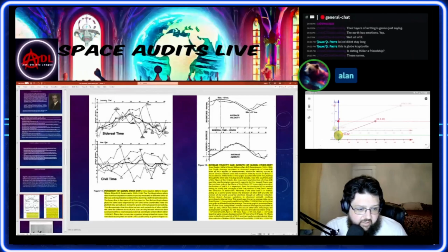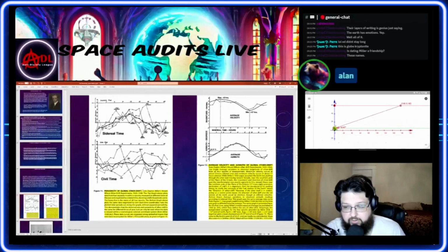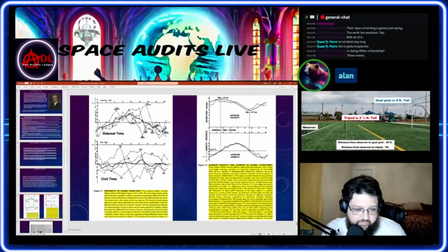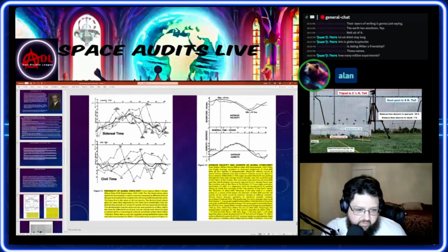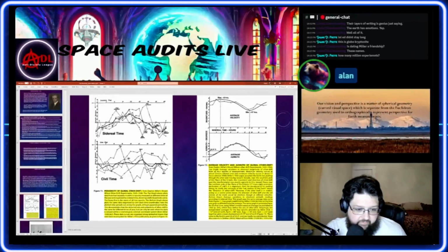So the periodicity of the global ether drift. Planar ether drift, boys. Relax. From Dayton Miller, Mount Wilson experiments, 1925 to 1926, the top graph above plots data from 4 separate months or epochs measured at different times of the year and organized by sidereal time, showing the definite periodic curve. The heavy line is the mean of all 4 epochs. The bottom of the graph plots it organized by civil time coordinates, where the plotted data spreads out along the graph without apparent